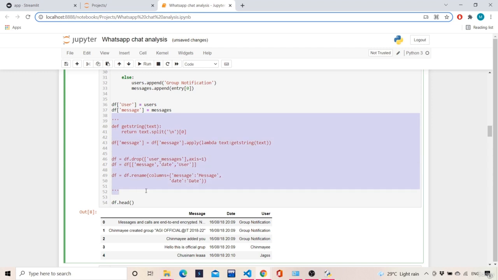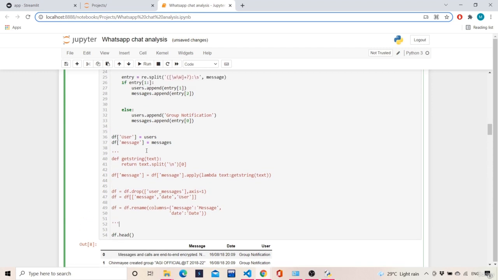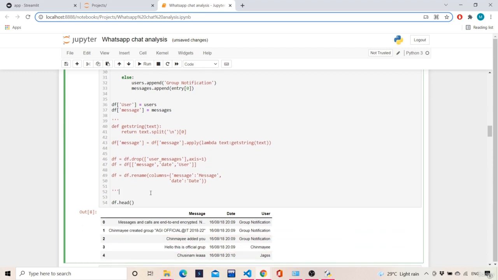We'll look later at what this text does. For now we'll see how this works.